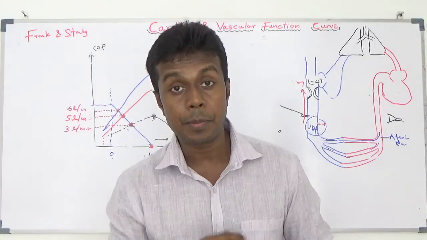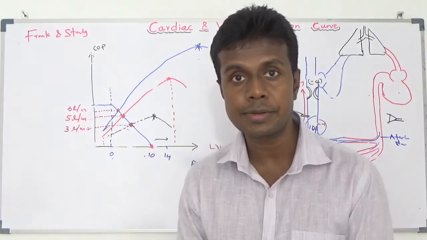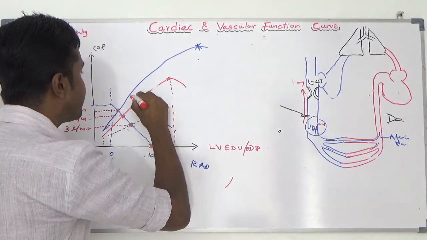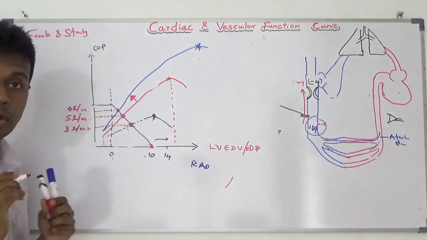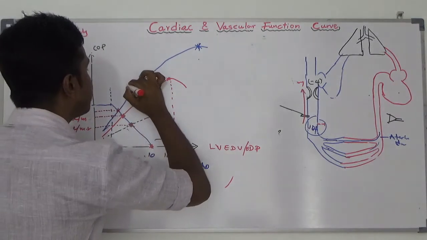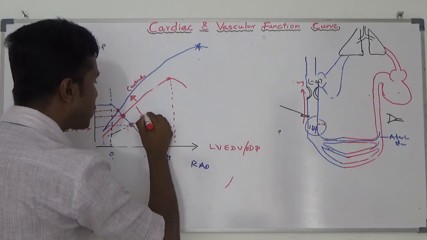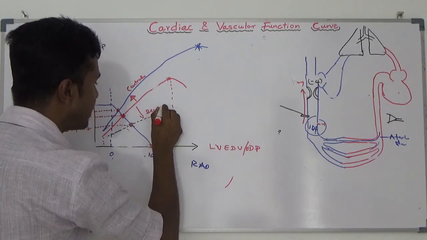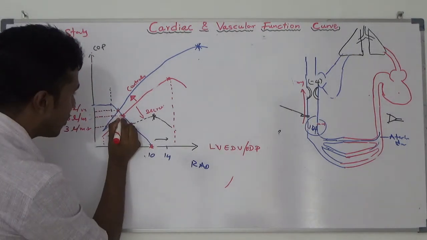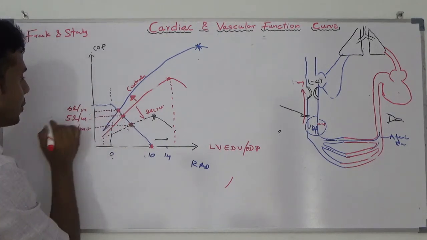Contractility increases. My heart will be like my younger brother's heart. Cardiac output is going to be increased. So if I give an inotrope, drugs which increase the contractility of the heart, the curve will be moving to here. Increase contractility from here to here; decrease contractility the other way. Initial cardiac output here, once I give a drug to improve the contractility, cardiac output improves to 6 liters per